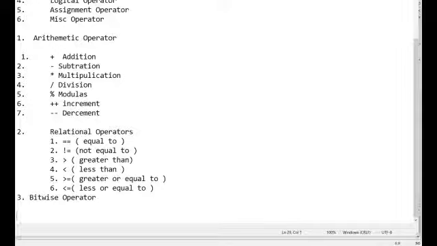Java defines several bitwise operators which can be applied to the integer type, long, short, character and byte. The bitwise operators work on the bits and perform bit by bit operation. The bitwise operators which come in this particular category are